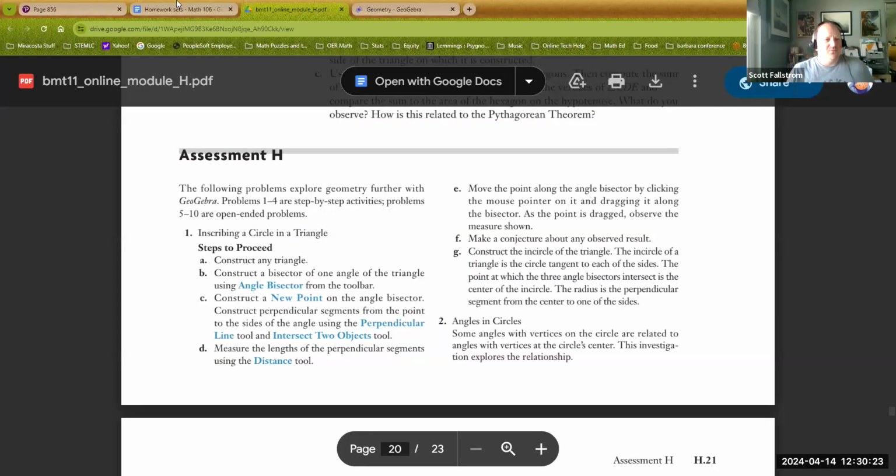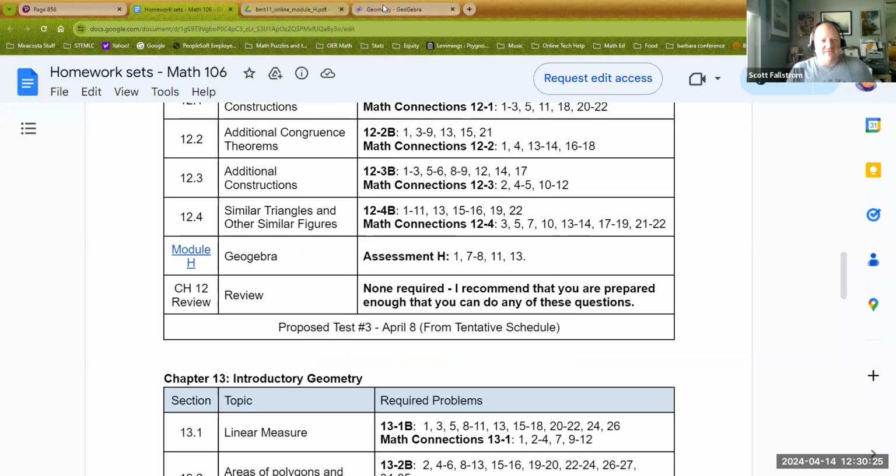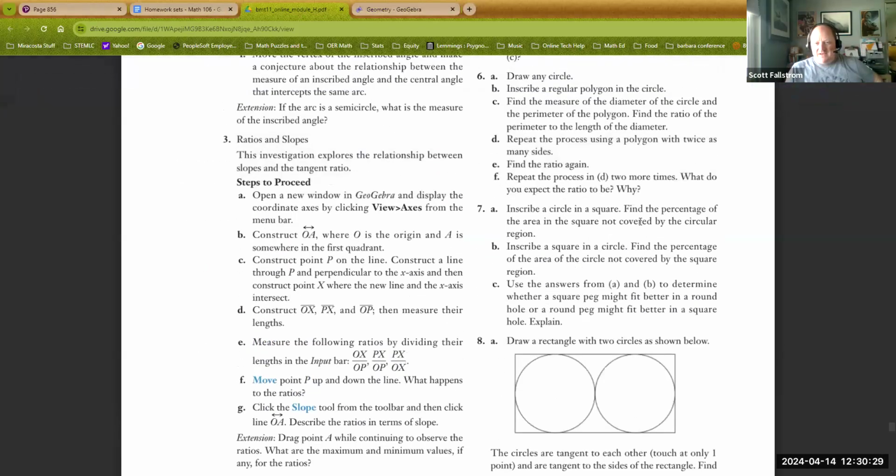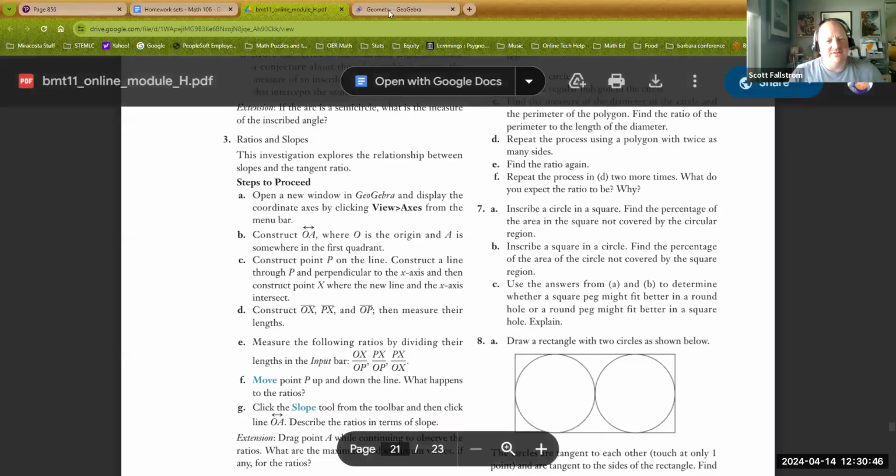All right, so that's question one. Let's see what was next, 7 and 8. So let's jump down there. 7, inscribe a circle in a square. Find the percentage of the area in the square not covered by the circular region. Then inscribe a circle in a square. Find the percentage of the area of the circle not covered. Okay. Use the answers from A and B to determine whether a square peg might fit better in a round hole or a round hole in a square peg. Well, let's